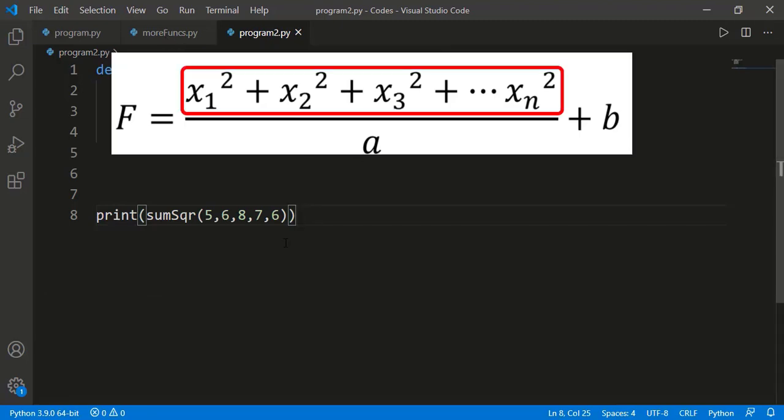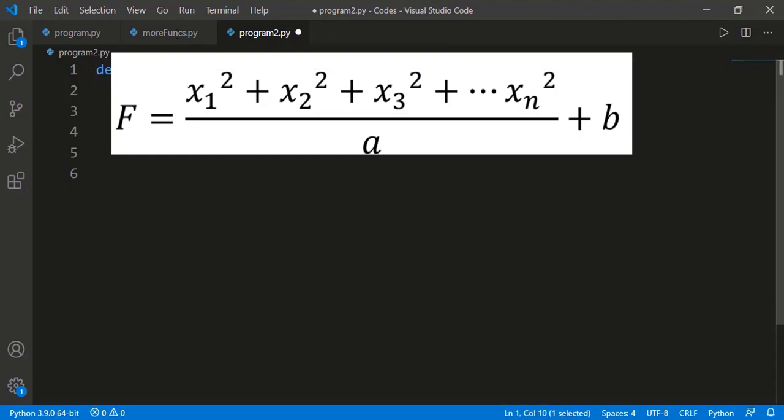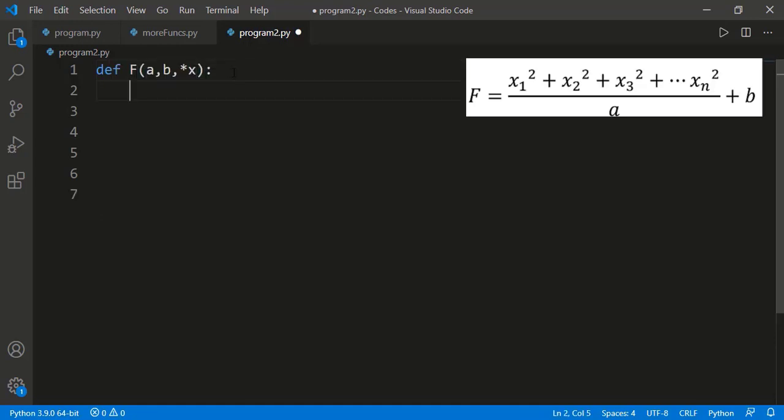Now let's say we have to implement this function. On this part we can have series of x, x1 to xn, which are being summed up, and then we are dividing the sum with a and adding b into the result. Now to implement this function, we need to have the variable a and b and then a variable length variable for x. X will be a tuple inside the function and we should sum the squares of its values.